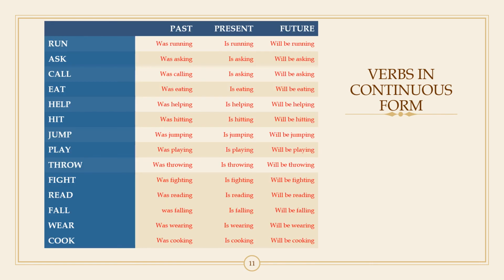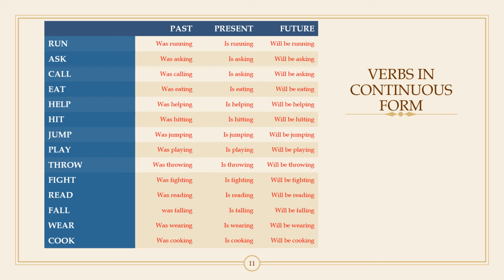Now, I'm going to give you a kind of a table which would give you more insight into looking for continuous form and then identifying a continuous form. Now, this is the table. Look at that. I'm going to share either the PPT with you or just the table with you. You could somehow make use of it. I have selected a few common verbs we use, and then I have conjugated them into continuous forms. Now, why am I doing this? There is a reason behind me doing this.